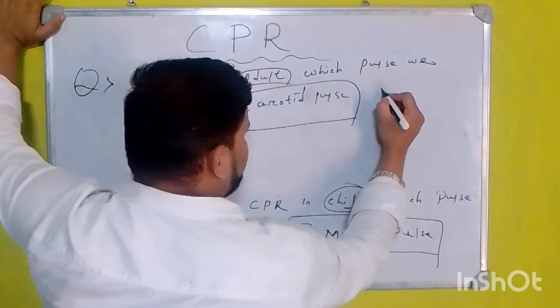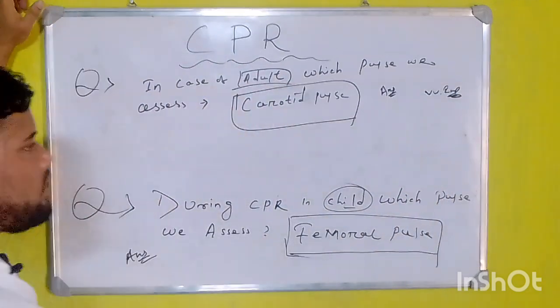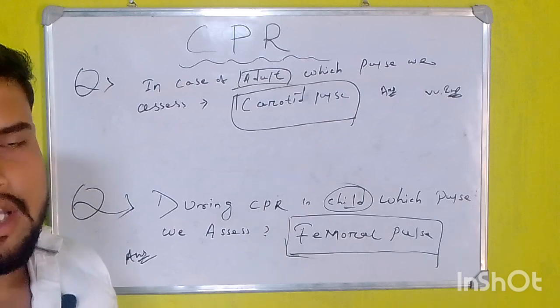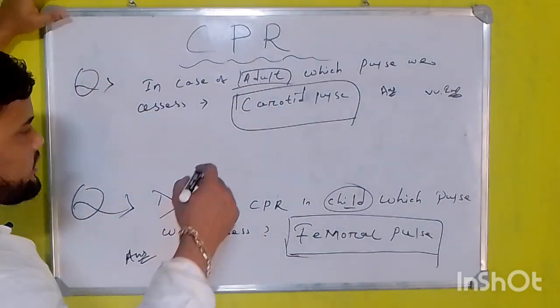That is carotid pulse. Very important question. In case of adult, during CPR, which pulse do you assess? That is carotid pulse. And in case of infant,